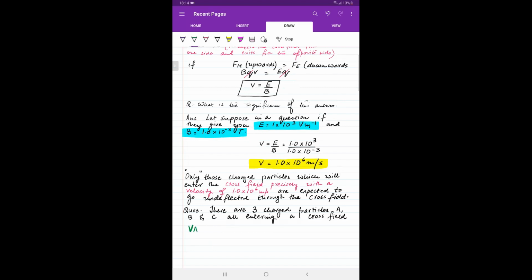अच्छा, A की velocity given है, slightly greater than the number at the top. नंबर जरा कंपेयर करते जाइएगा, नंबर कंपेयर कर लें। तो ए वाले की वेलोसिटी थोड़ी ज्यादा है, बी वाले की एग्जैक्टली सेम है, और सी वाले की थोड़ी सी कम है। ठीक है, फर्स्ट वाले की ग्रेटर वेलोसिटी है, सेकंड वाले की इक्वल है, थर्ड वाले की लेसर है।